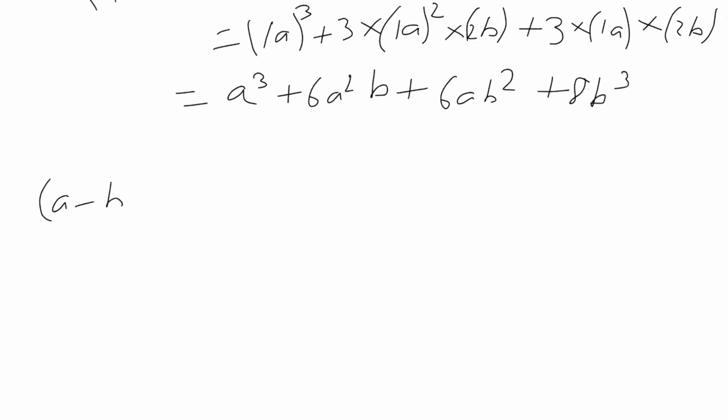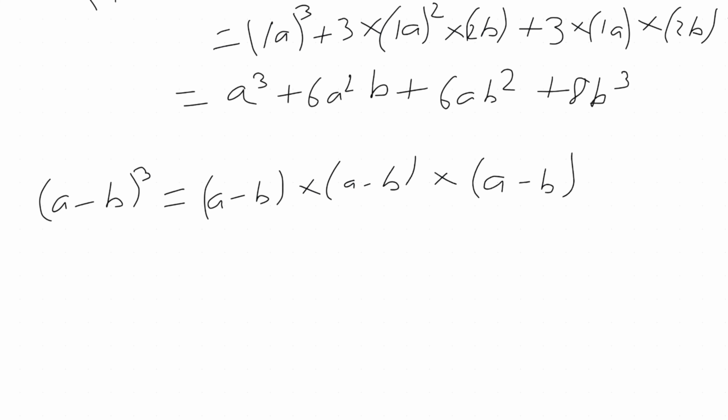A minus b whole cube. What does this mean? A minus b multiplied by a minus b multiplied by a minus b. It's cube, so it's getting multiplied 3 times. When you solve it further, it comes down as